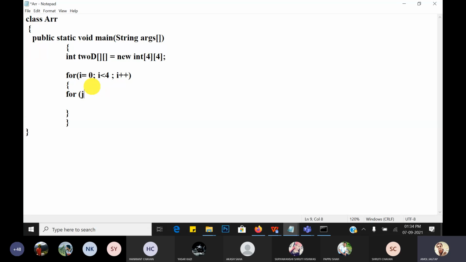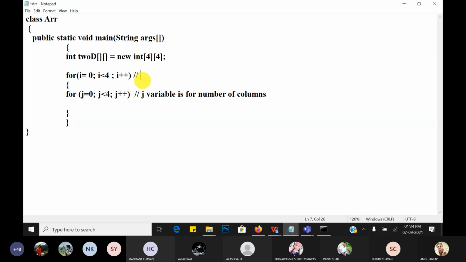Another variable, that is j is equal to 0, then j less than 4 and j plus plus. So the j variable is for the number of columns,